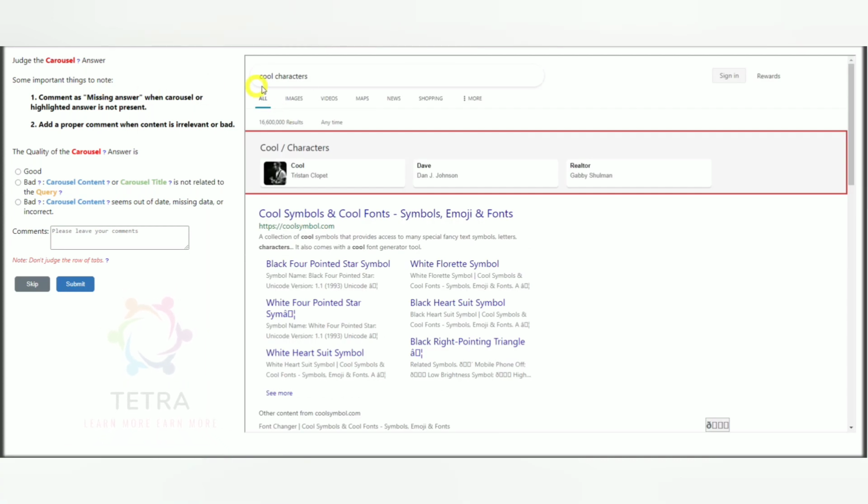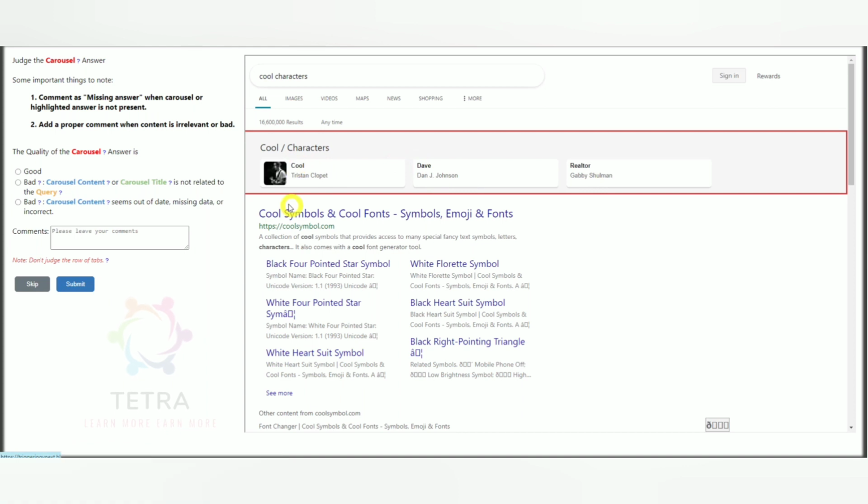So this is the next query, cool characters. The content title is cool characters. The carousel title is matching, and this is the carousel content. Cool characters. So we can see here this is the cool test. We have to do research.